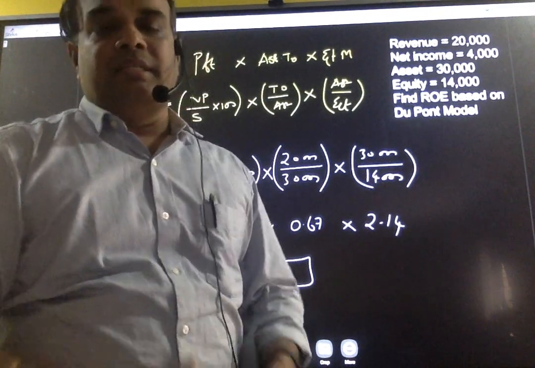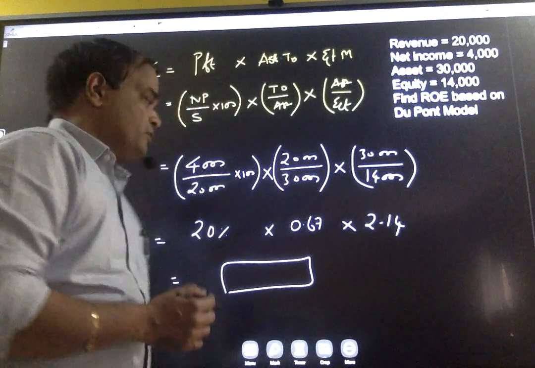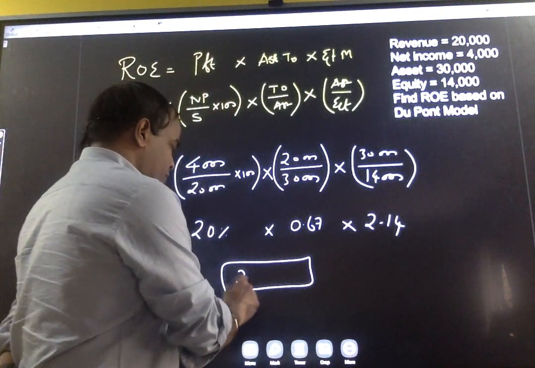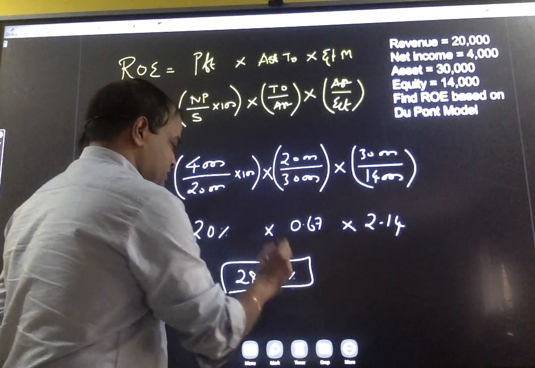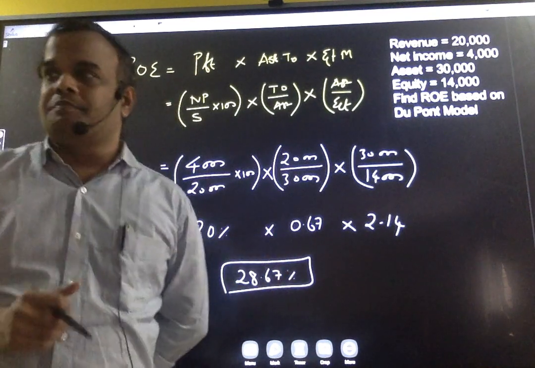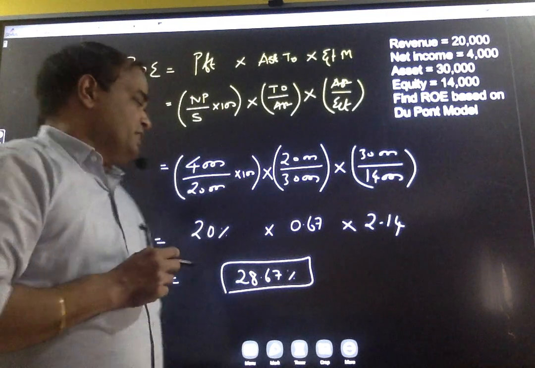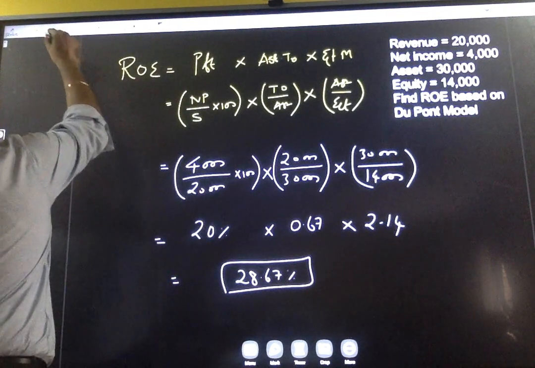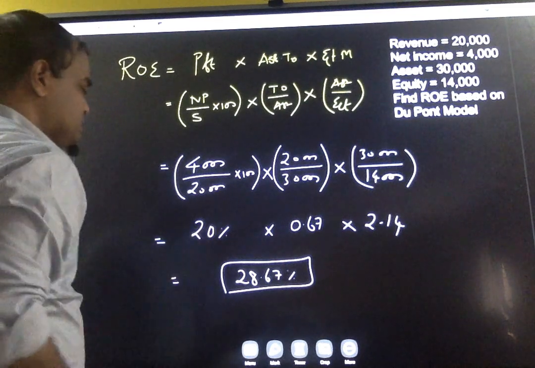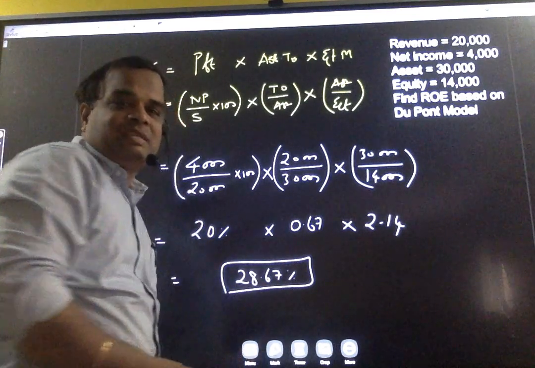0.2867 is equal to how much percentage? 28.67 percentage. Understood? Return on equity is equal to 28.67 percentage. If you see the significance of that 28.67 percentage